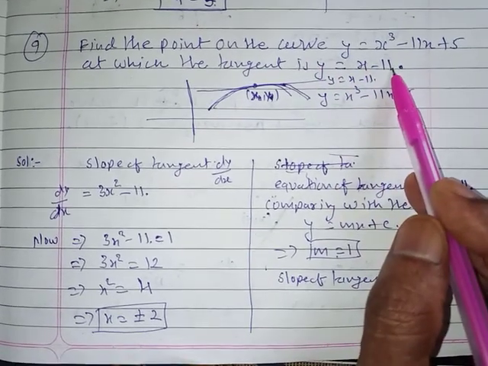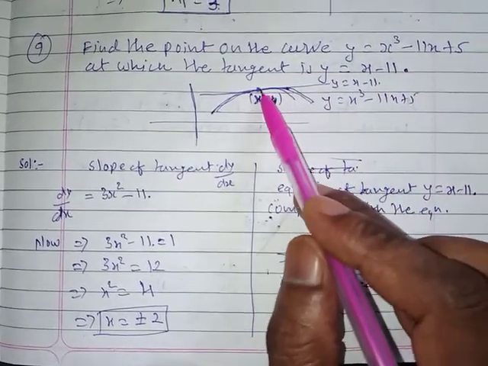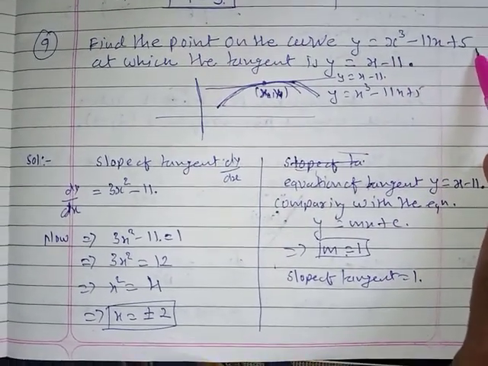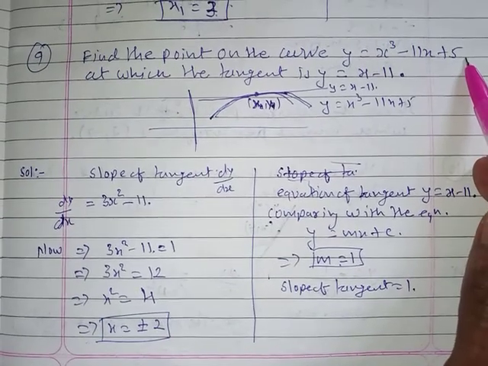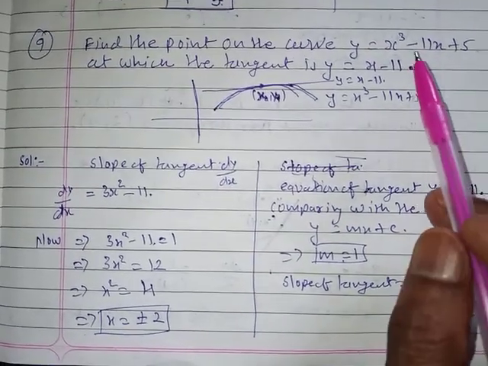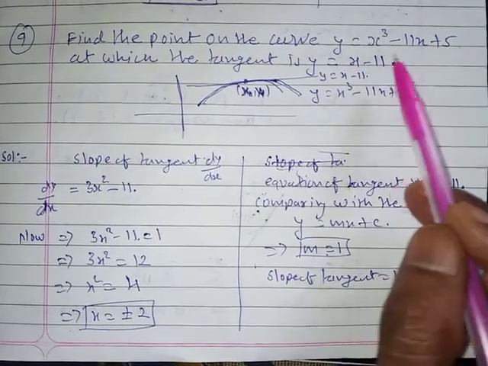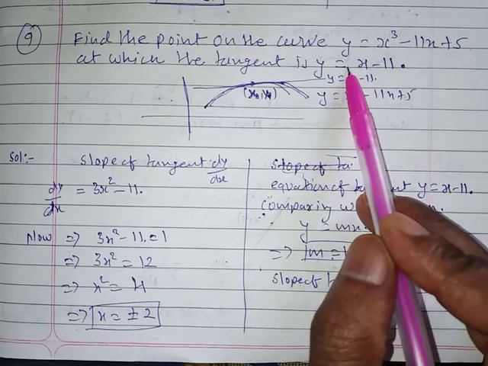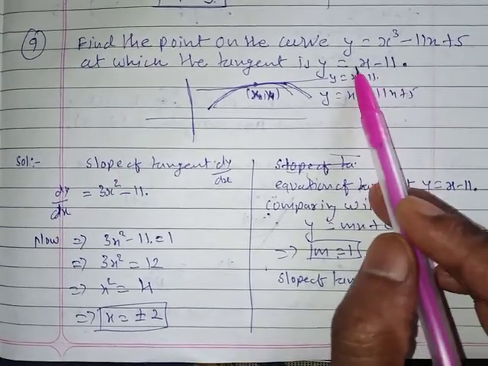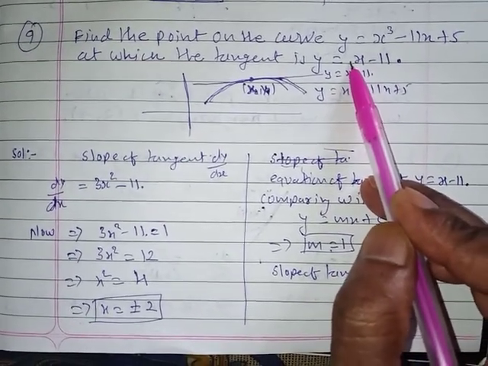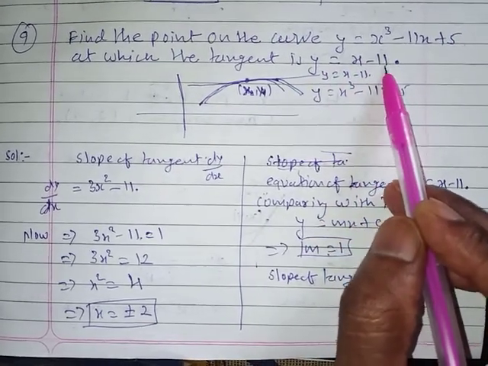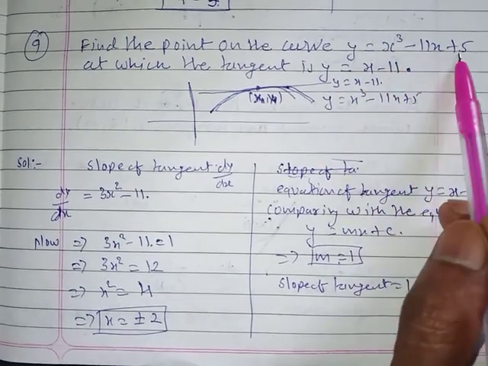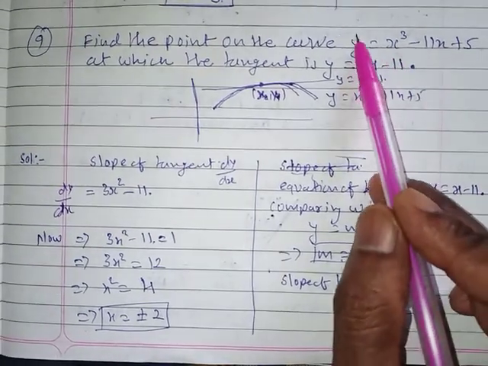Can we get the slope from here? So for both, the one line tangent is given, the slope will be 1. So the slope of this equation and this equation we can equate and get the value of x. Is it? That is the funda of this, how to solve it. We have to find dy by dx, and from here also m we can get, yes, y is equal to, comparing this equation with y is equal to mx plus c. So m is what? 1. M will be 1. Y is equal to mx plus c, we will get 1, and that 1 will be equal to dy by dx here, then we will get the value of x.